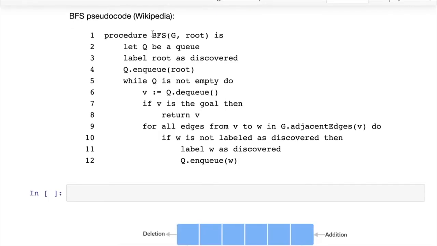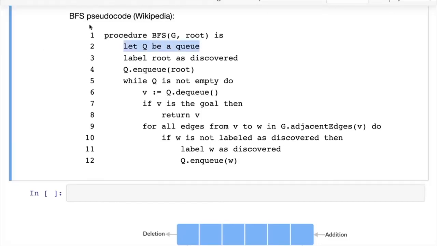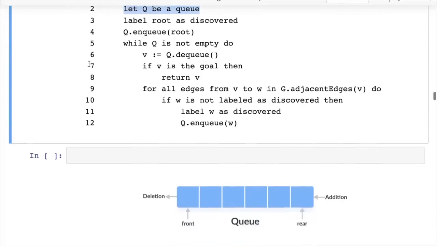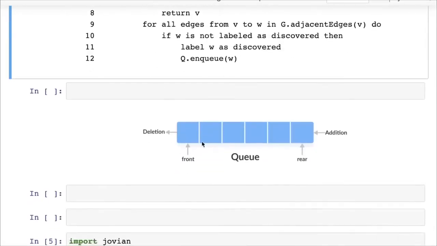If you have to write a function BFS which takes a graph and a root or a source node, first we create a queue. This is taken from Wikipedia. And what's a queue? Well, a queue is a very simple data structure. A queue is simply a list, and it follows a first in, first out policy. When you want to add something into a queue, it's also called enqueue,